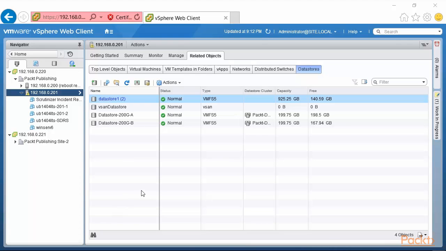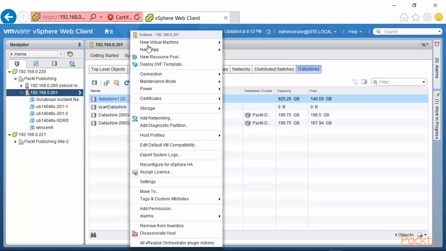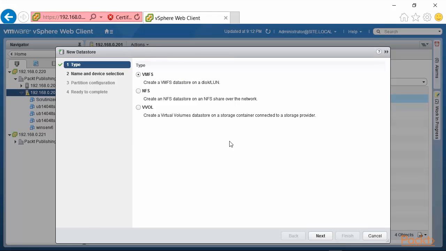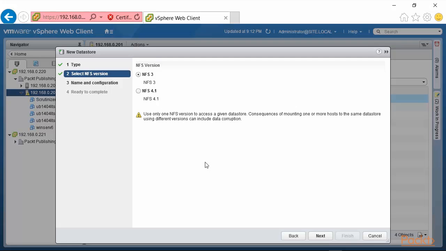So now we are back in our vSphere web client. We are on our familiar server 192.168.0.201, related objects, datastores. And what we're going to do is go into actions and go into storage and create a new datastore. The datastore will be of NFS type, and let's look at the options available for NFS 3